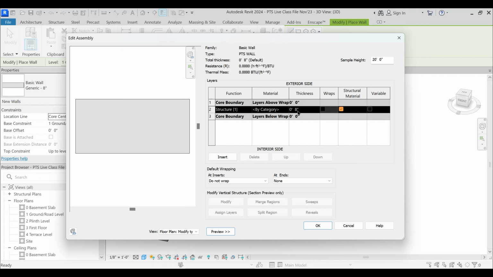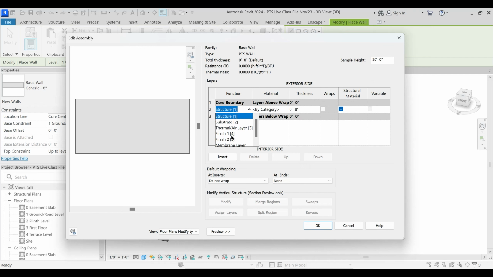Fine. So from here, first you need to understand these layers. What I've inferred while working with Revit is that this layer doesn't really have any logic to it.